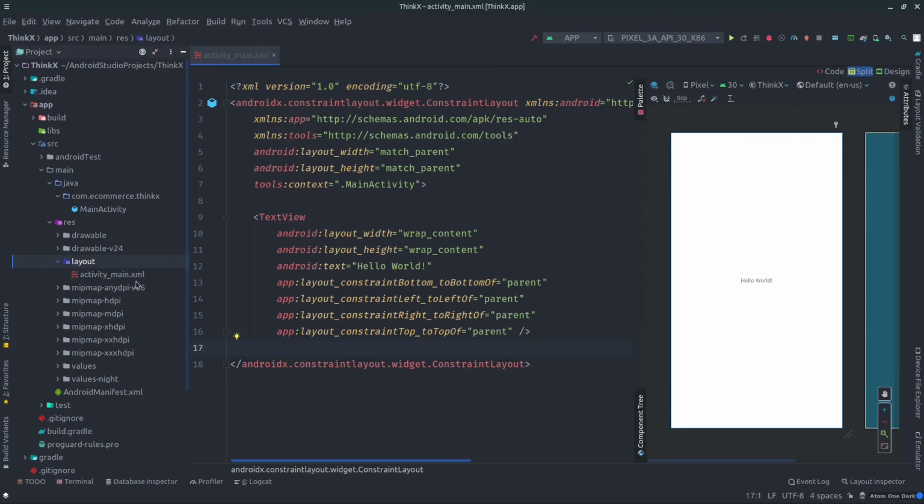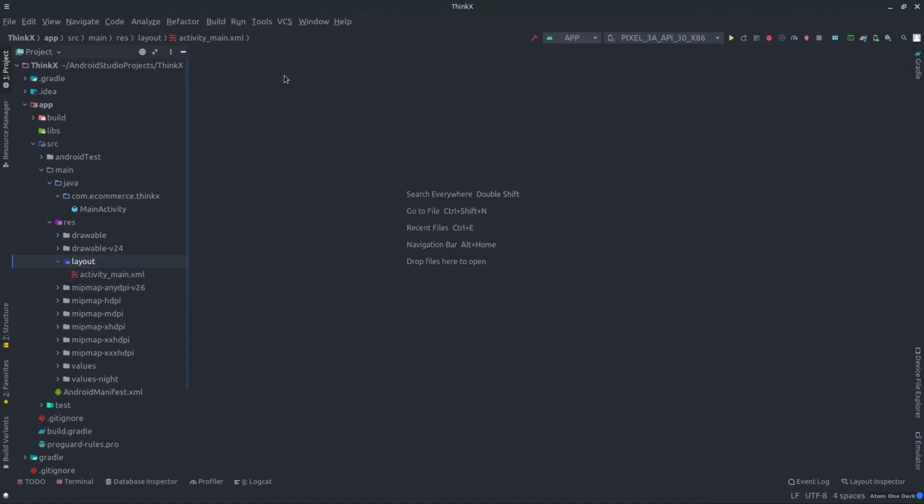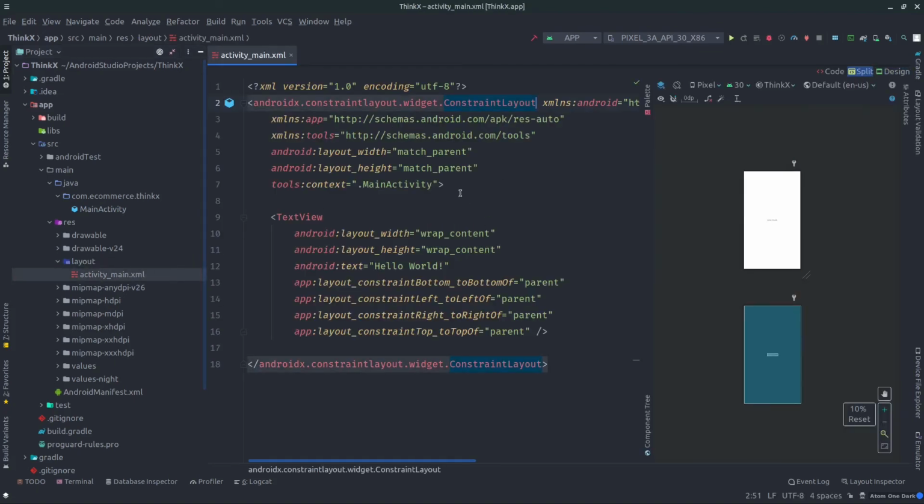We will create some layouts in here. You can see this is the constraint layout. From the name here you can see this is the constraint layout. We will discuss all the types of layout. I'm just giving you an idea, a simple tour of this. You do not need to understand each and everything at this point. If you are getting confused about what exactly this is, no need to worry. I will teach all of this from scratch to all of you in beginner friendly tutorials. We will understand everything.